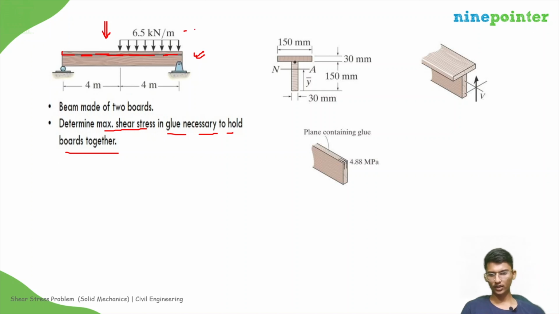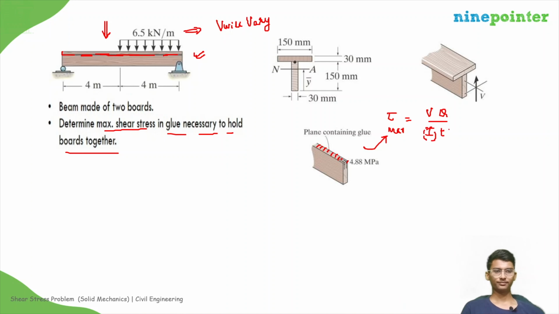So for this loading, it is clearly visible that V, the shear force, will vary, and we need to find out the maximum shear stress in the plane containing the glue. So this is the plane containing the glue. We know the shear formula, that is tau equals VQ by IT. So tau max for this